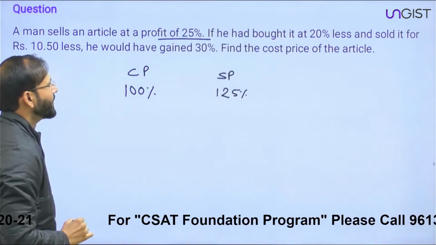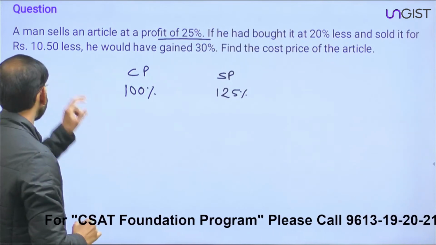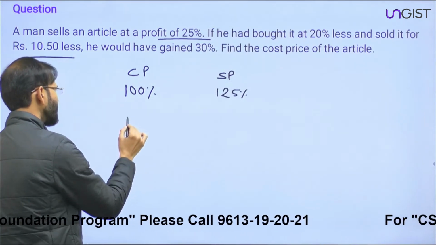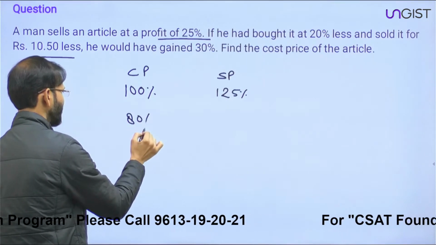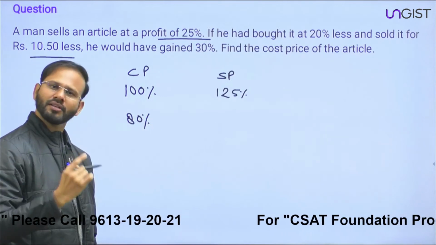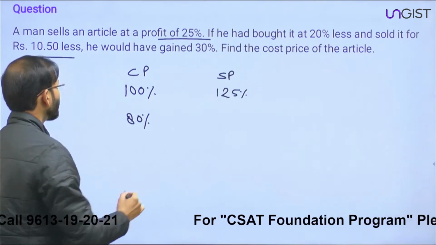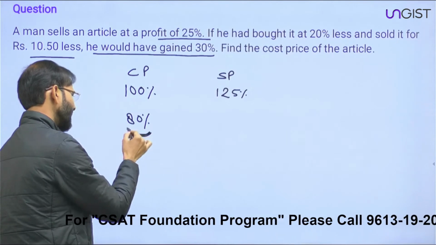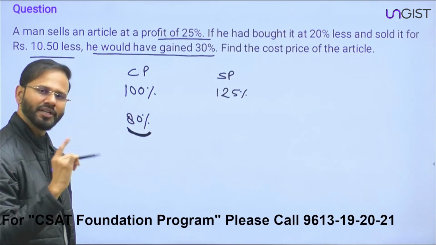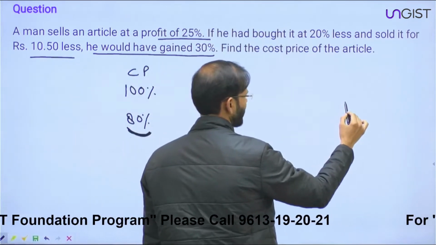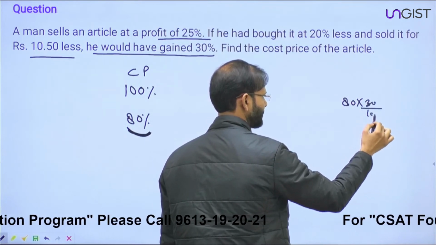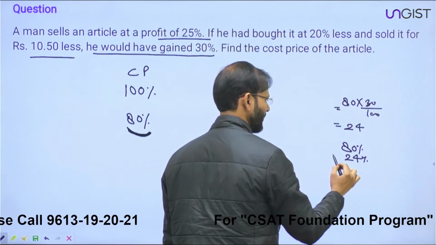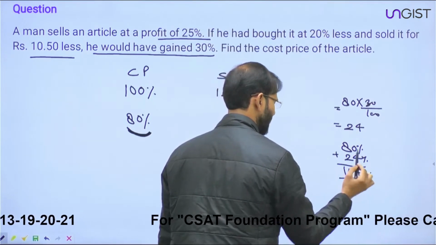ठीक है? इफ ही हैड बॉट इट एट 20% लेस and sold it for rupees 10.5 less, if he had bought it at 20% less, it means अगर उसका कॉस्ट प्राइस 100% की जगह 80% होता, 20% लेस फ्रॉम 100%, राइट। सो अगर उसका कॉस्ट प्राइस 80% होता, उसमें लिखा है ही वुड हैव गेन्ड 30%। तो 80 का 30% गाइस कितना होगा जरा बताइए सोच के। 80 का 30% कितना होगा? 80 इंटू 30 डिवाइडेड बाई 100, सो दिस इज 24, राइट। सो 80 का 30% हो गया 24, ठीक है। अब 80% पे अगर 24% का गेन होगा, सो ही विल बी सेलिंग द आर्टिकल फॉर 104%।